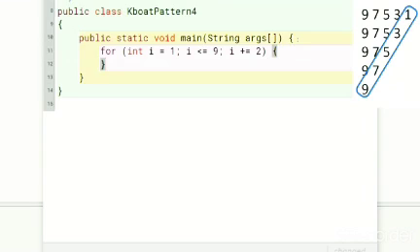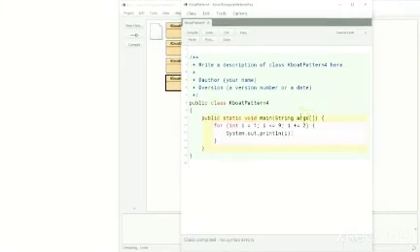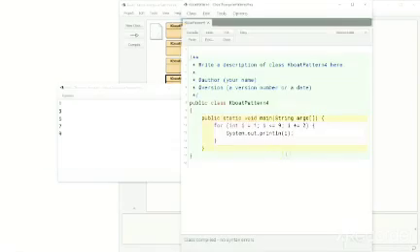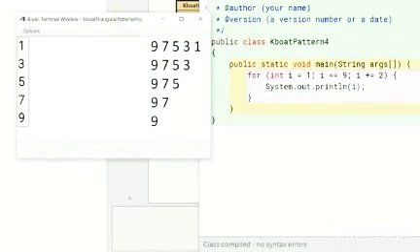Let me show it to you by printing i inside the loop and executing the program. As you can see in the output, i is giving the last term of each row. I will remove this print statement.